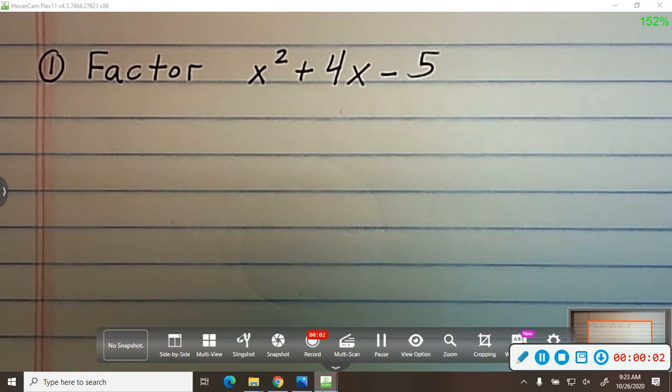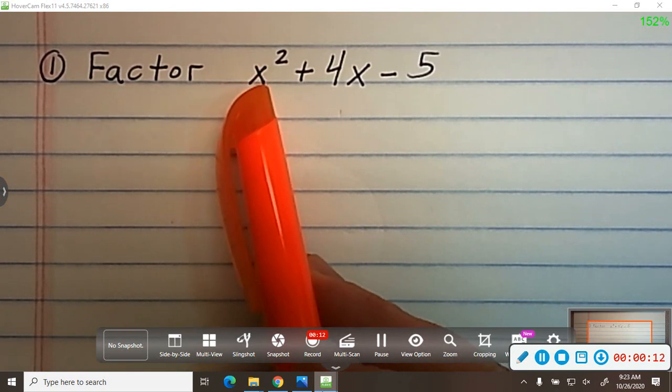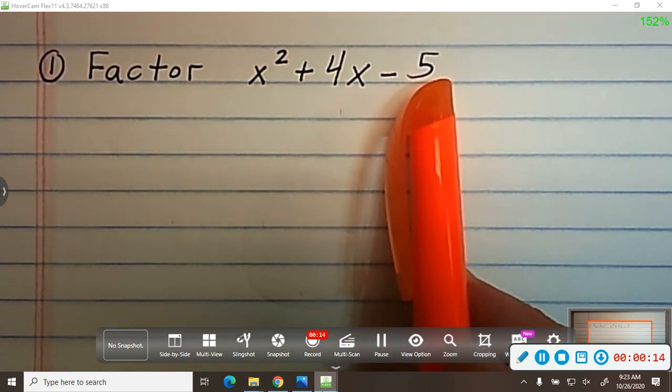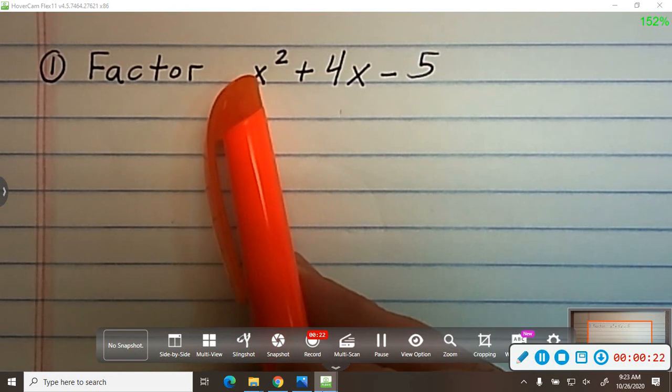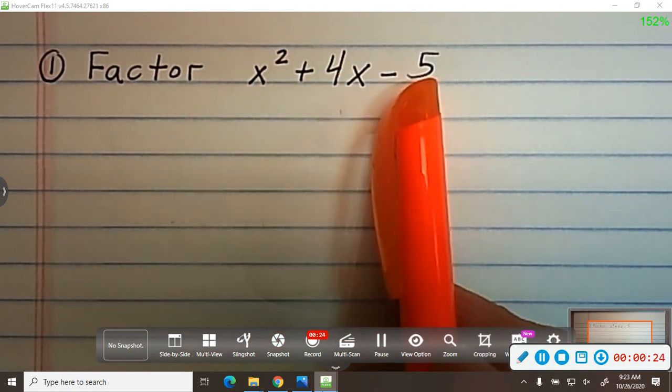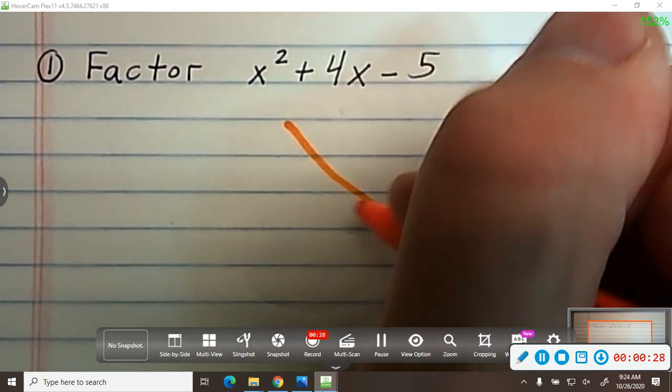So we're factoring x squared plus 4x minus 5. When you're factoring these, you want to make sure that there's 3 terms, 1, 2, 3, and you want that first number to be a 1. So that is a 1x squared. So when you have 1x squared and you have 3 terms, the process, or one way, is to make an